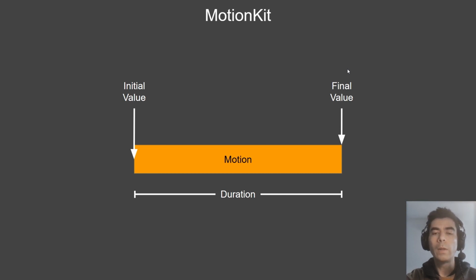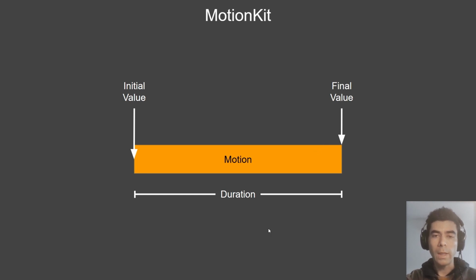Okay, so the Motion Kit is basically a system where you can animate anything. You can animate any property of any object from an initial value to a final value, and it will have a duration, and it also allows you to put different curves to create the motion. So we can do elastic animations, sine animations, quad in out. If you're familiar with that type of easing, then this will be easily recognizable by you. You can also use customized animation curves to create your motions.